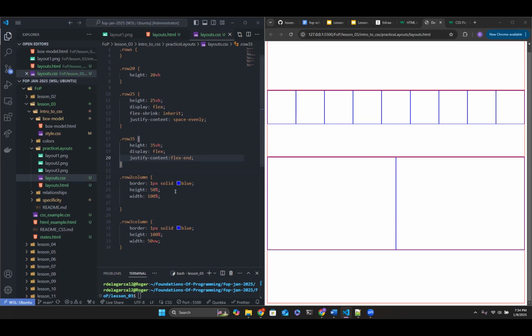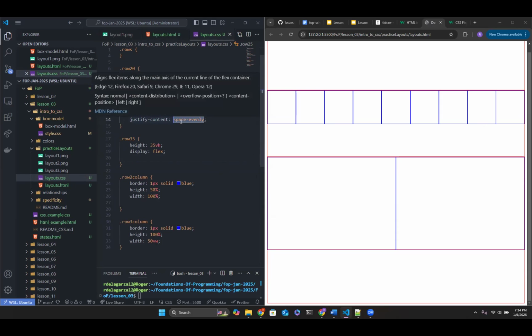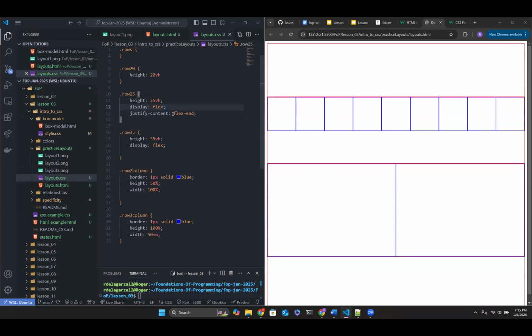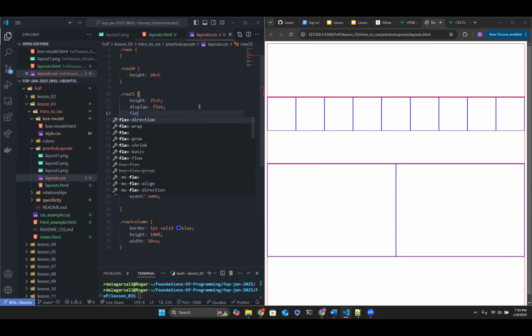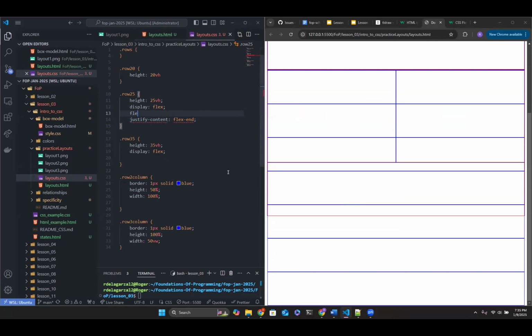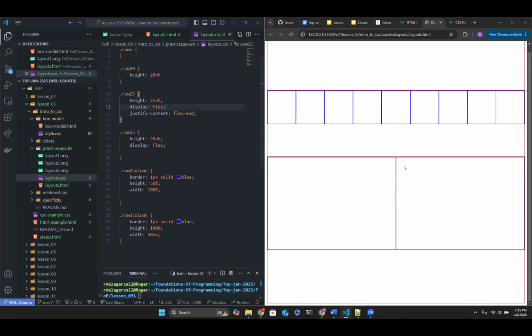Okay, don't do that, I guess. Row 3-5. Oh, I'm using the wrong one. My apologies. We're going to put it over here. We're going to say flex end. Let's get rid of this. And row 2, flex wrap. Not doing what I want it to do. Oh my lord.